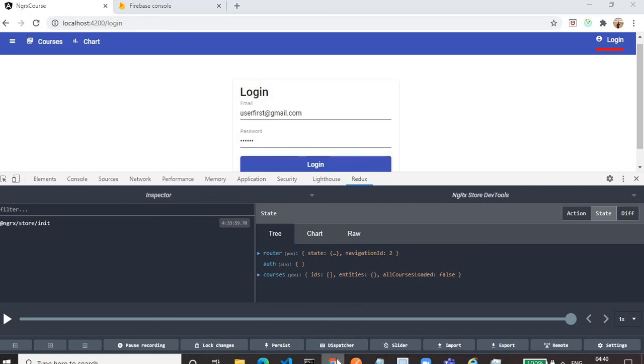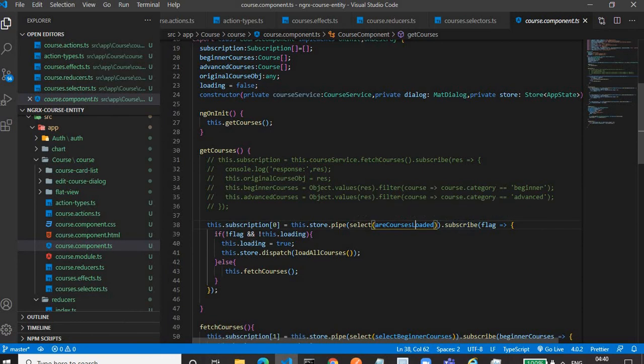Here we are checking if that flag is false, and if the loading, which is our local variable, is false, then we have to trigger an action for fetching the data from the database.